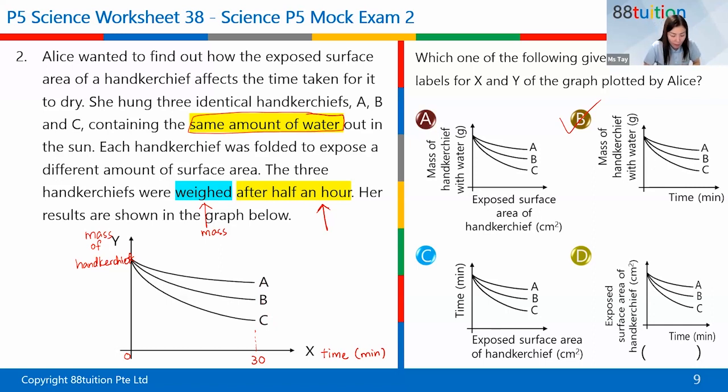Now, so can I ask you one thing? Can I ask you one thing? Out of A, B, and C, right? These 3 handkerchiefs. Yes, Rachel, go. Out of these 3 handkerchiefs, okay, which one has